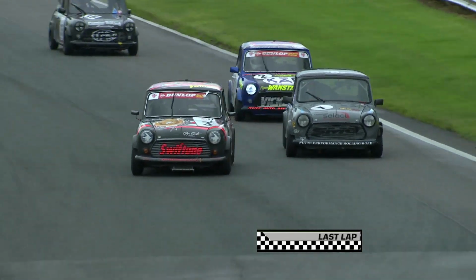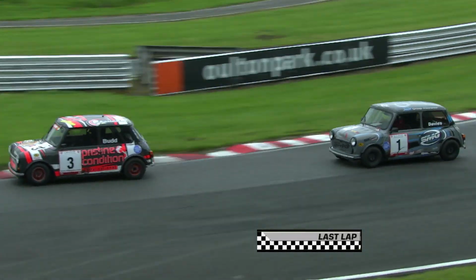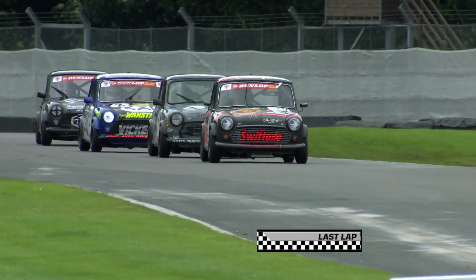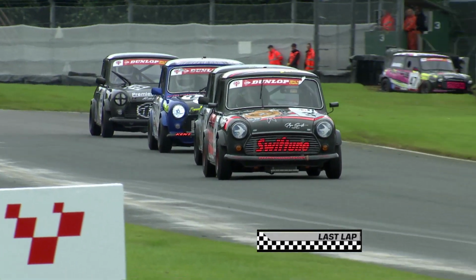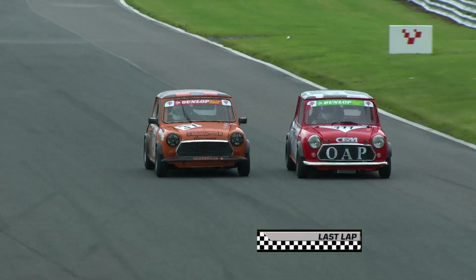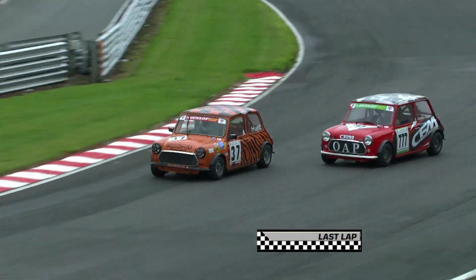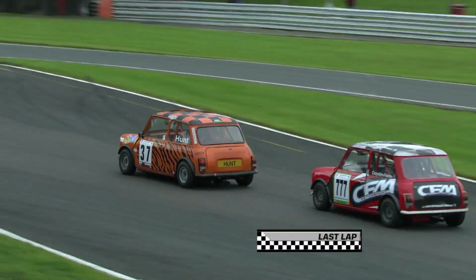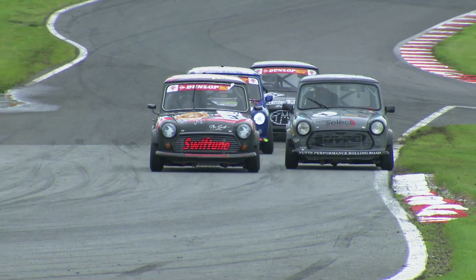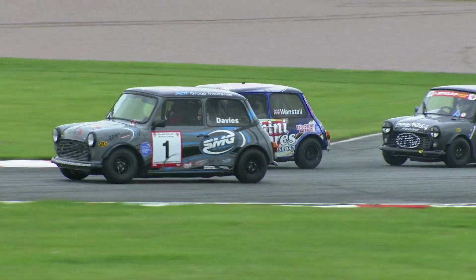Ashley Davis has now just got 1.654 miles to see what he might be able to do to unlock the door to the lead of the race. He's thrown pretty much everything at it. For everything that he has thrown at it, Charlie Budd so far has had a response, and I'm sure that Ashley Davis still has perhaps 1 or 2 things up his sleeves. There's a change for what is 6th position. Gareth Hunt back into 6th place, back ahead of Nick Croydon-Fowler once more as we head down in towards the